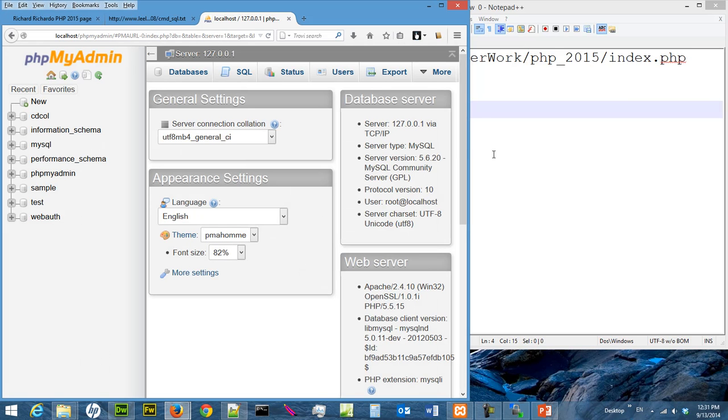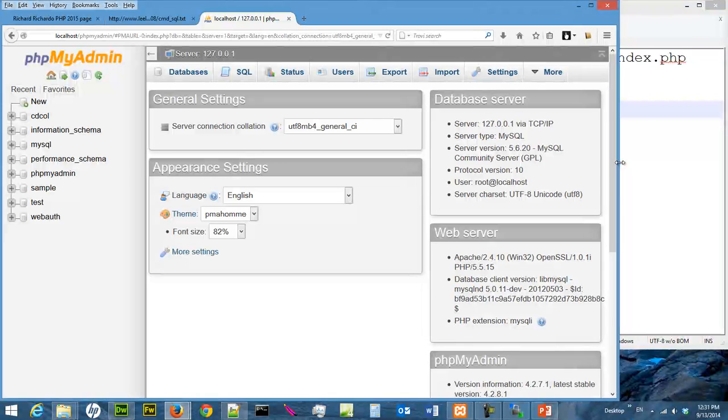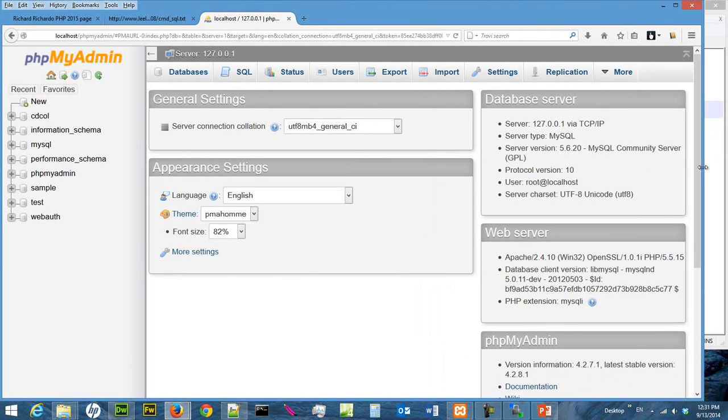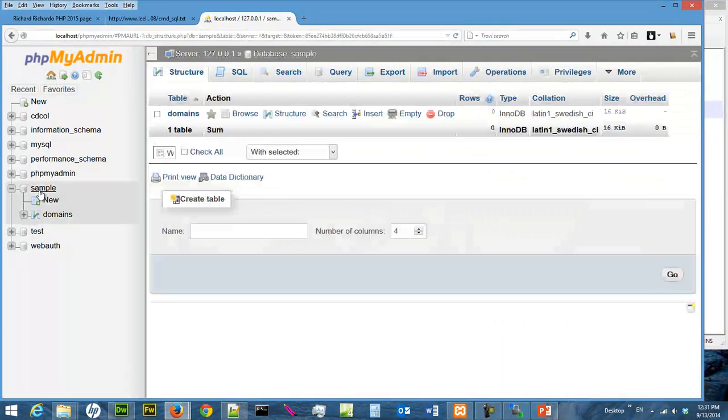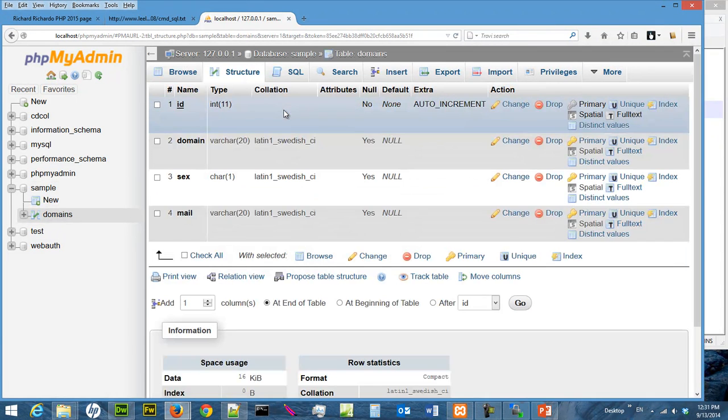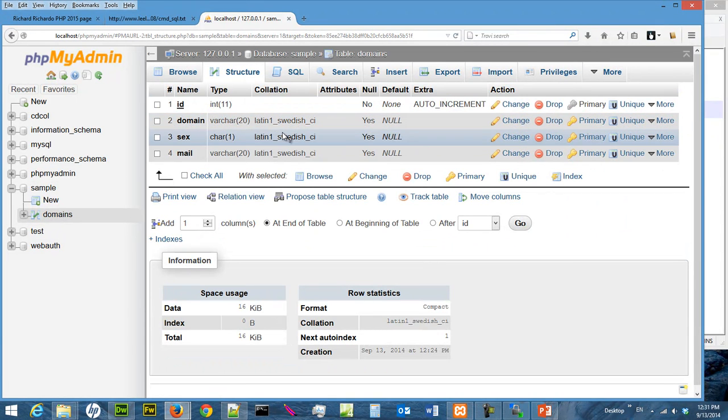So you will go in as PhpMyAdmin. You go into the PhpMyAdmin interface and looking at your database, you realize the sample that we created previously was found here as a database with the domains table. If you look at the structure of the table, it is exactly what we created in the previous